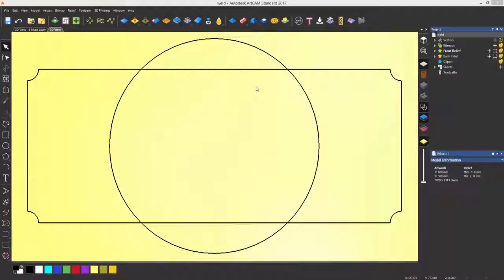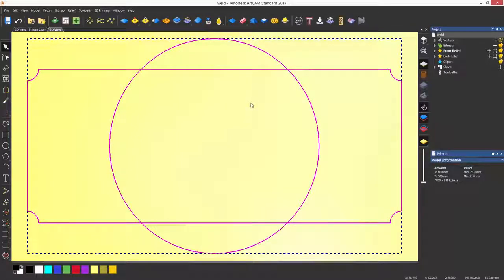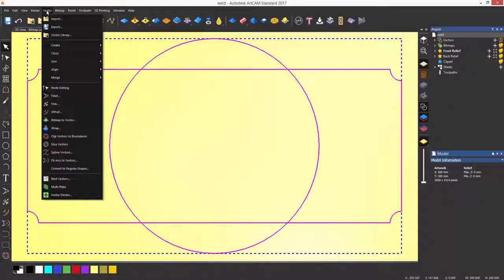Merging is basically a process that automates trimming. Here you can see a sine base, which is just a rectangle and a circle. It would take quite a few trims to merge this into one object by just using the trim tool. This can be easily done by selecting all of the vectors, selecting the vector drop-down menu, selecting merge, and then